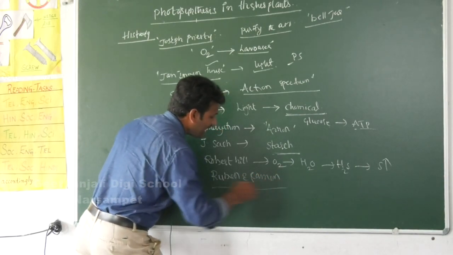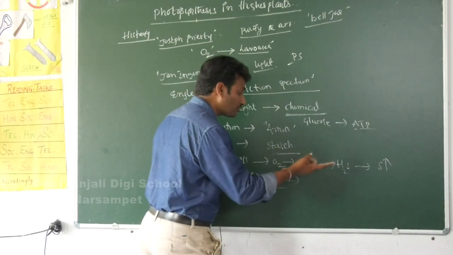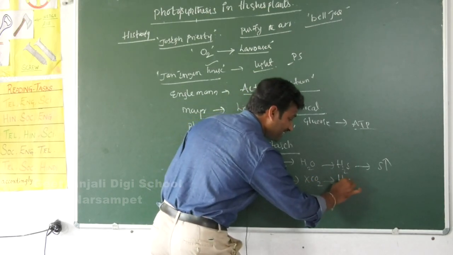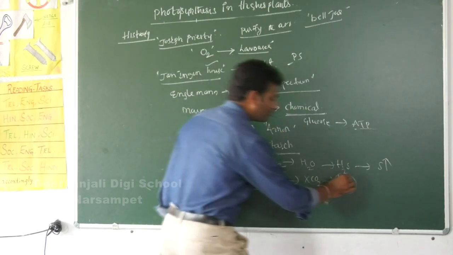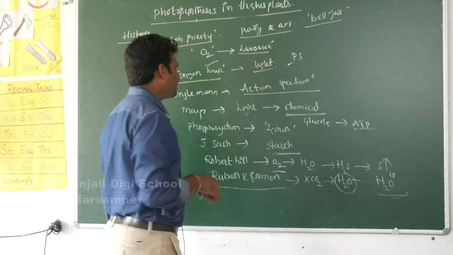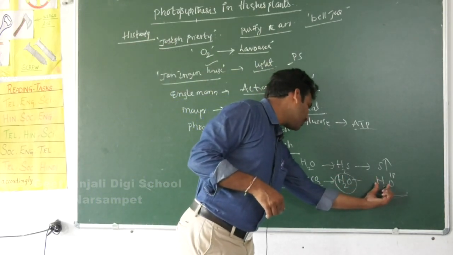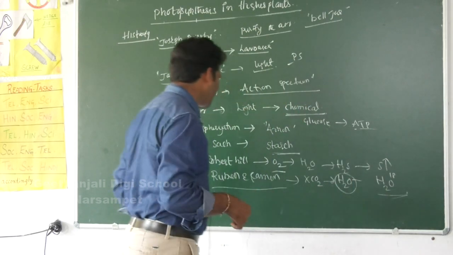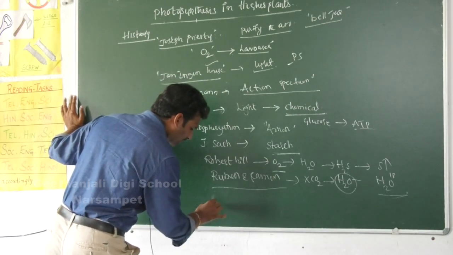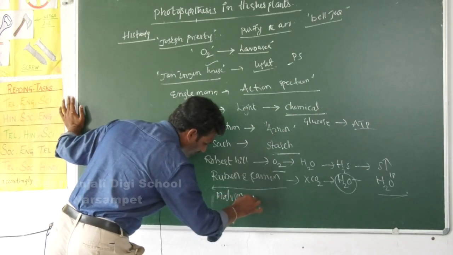These two scientists proved that the oxygen which is liberated in the photosynthesis is not from the CO2, but it is from the H2O. They used the H2O18 isotope. So it was clearly explained that the oxygen which is produced is not from the CO2 but from the H2O. Ruben and Kamen. Next one, after completion of him, Melvin Calvin and his co-workers